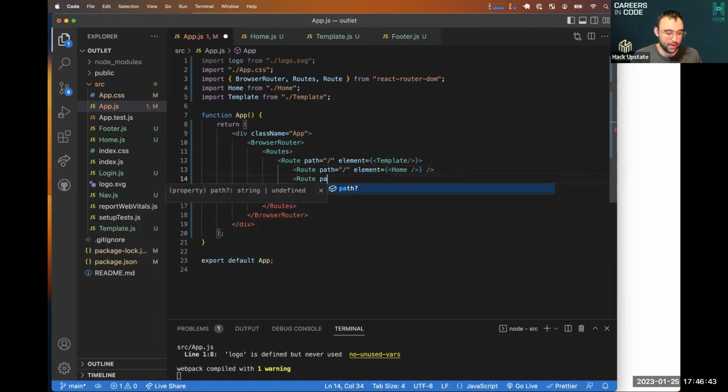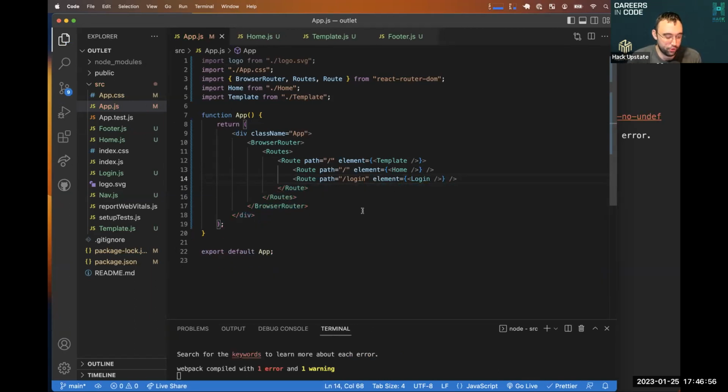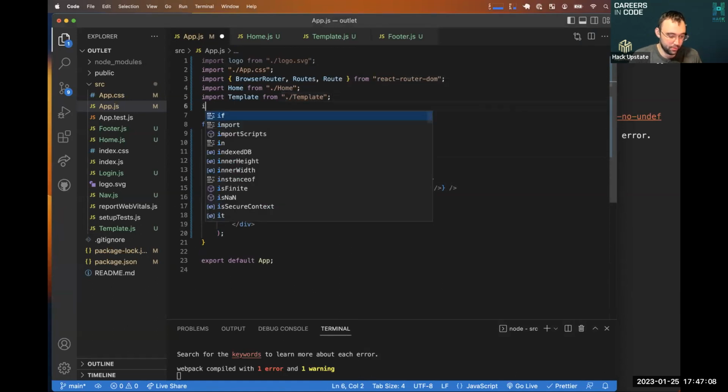So I'm going to put my route path login, and that's going to go to my element login. Now, we can agree that these two routes are inside this parent route, right? Because they're before this closing tag. So if I go back over to my browser, after I fix a quick import,